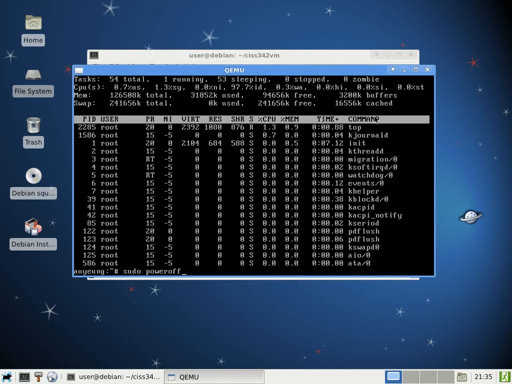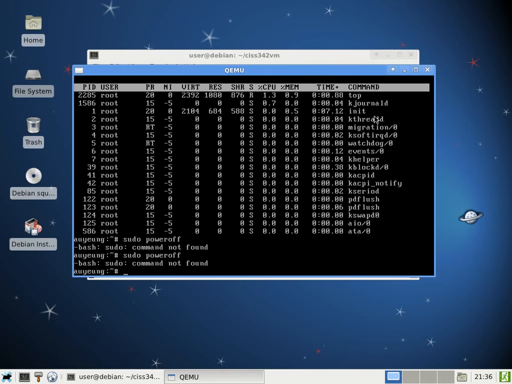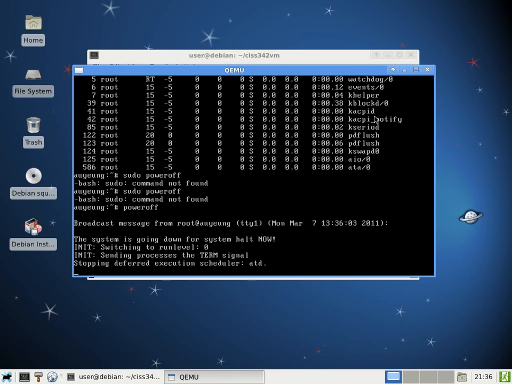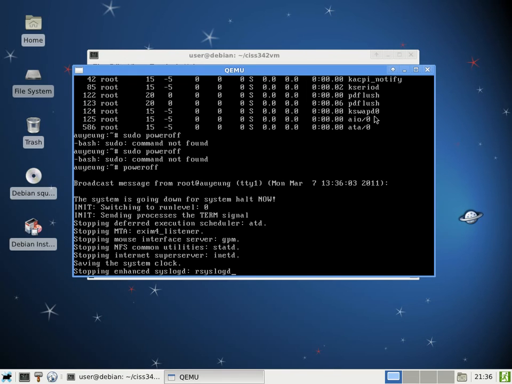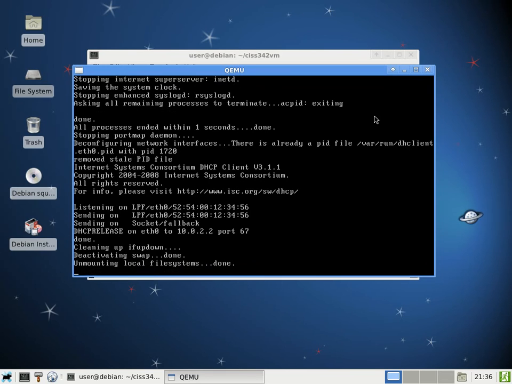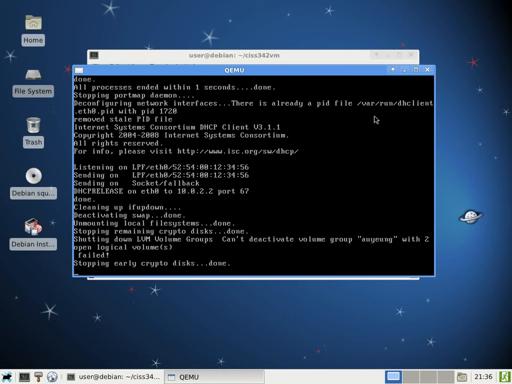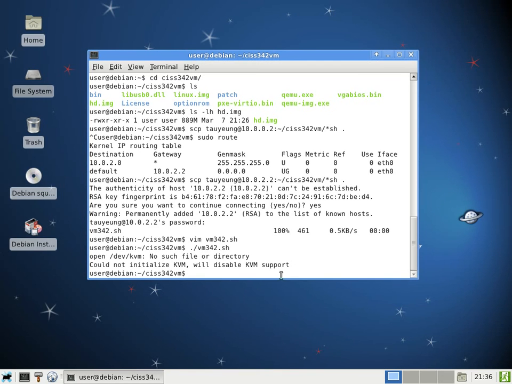Remember, this is the virtual machine inside the virtual machine. And that's because this is the other machine, so I'm already root. I can just power off. All right. So we are now back to the Linux host environment,